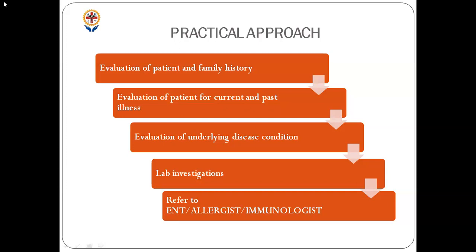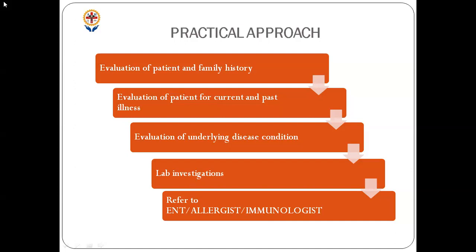And also, if you are suspecting any ciliary dyskinesia or cystic fibrosis, what findings do you look for? Definitely the child will have failure to thrive, so you should plot a growth chart, and he can also have clubbing. So a clear-cut clinical examination will hint you towards the diagnosis.